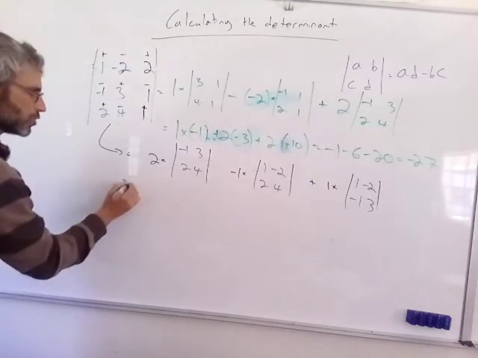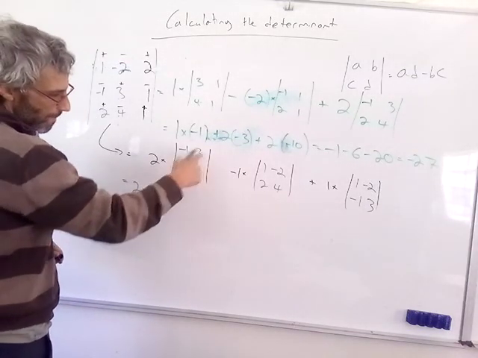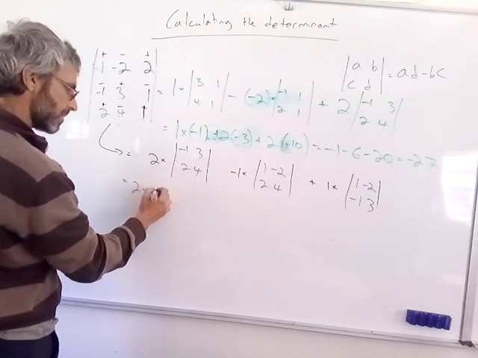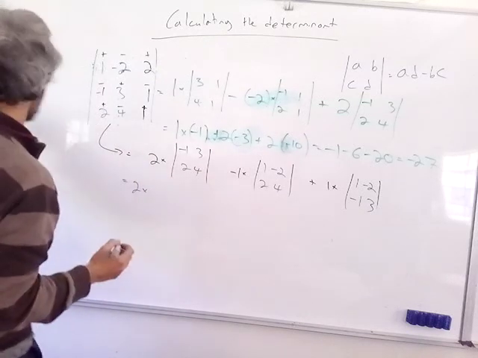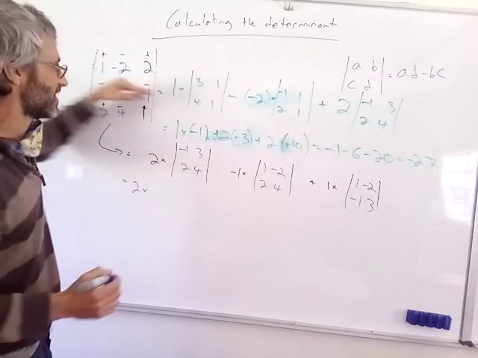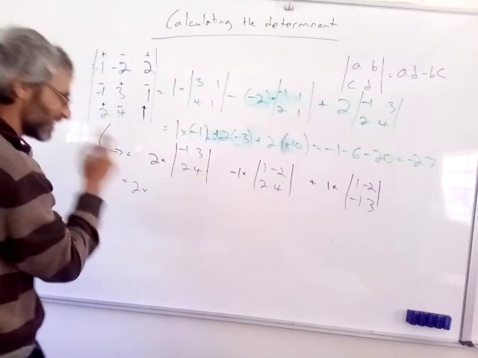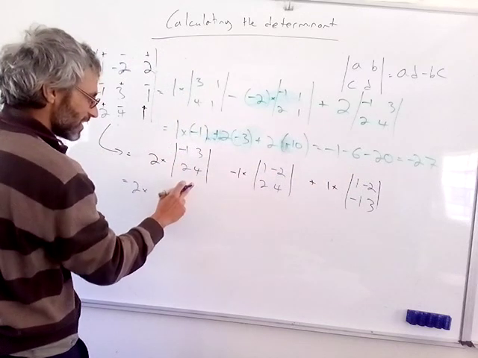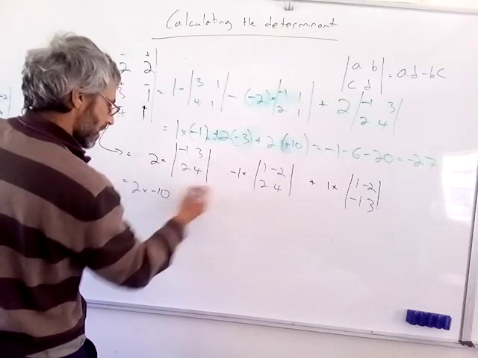Okay, let's see if we can do that. 2 times -4 minus 6. All right, -4 times, I'm hoping I got it right. I didn't check here. I checked it for the second row to make sure that I get the same answer, but I didn't check this one, so hopefully it works. -4 minus 6 is -10. This is minus